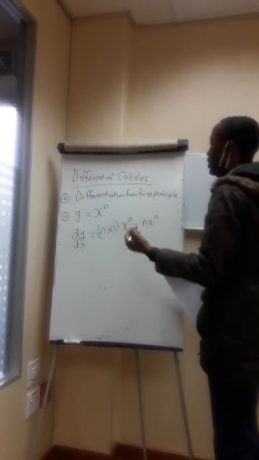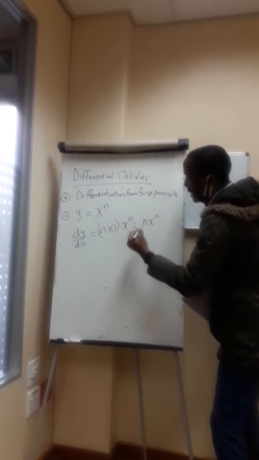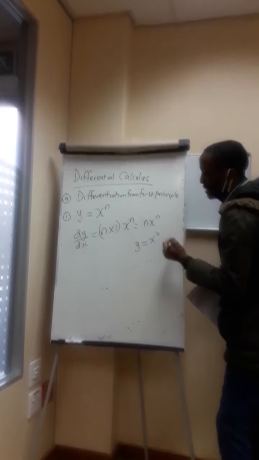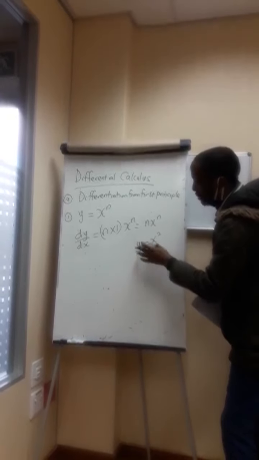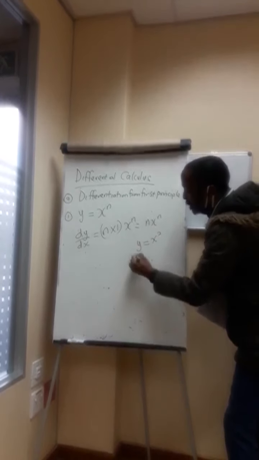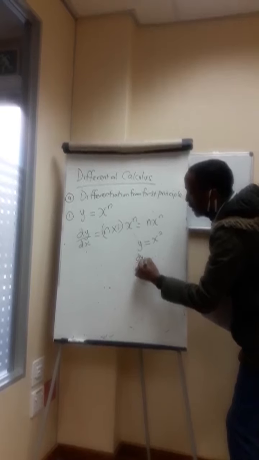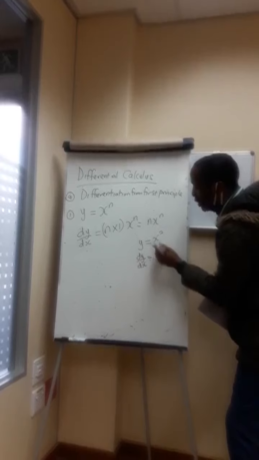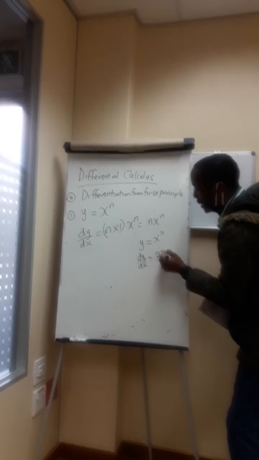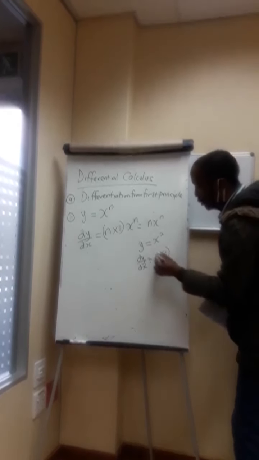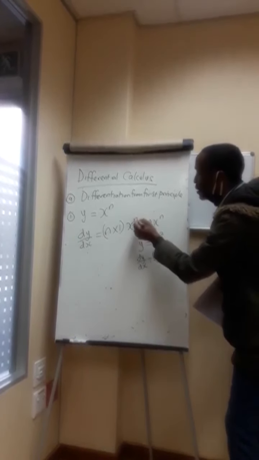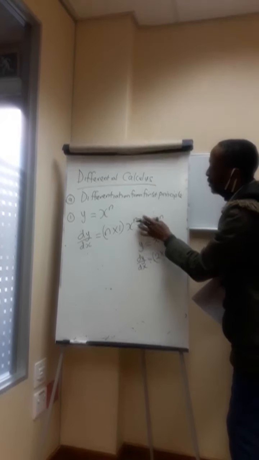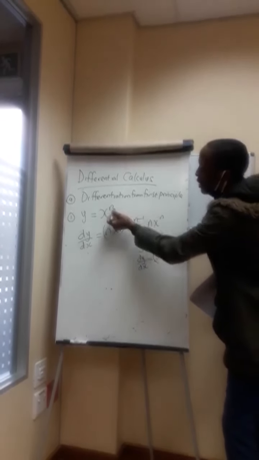So let me give you an example just for you to understand. If the mathematical function had been y equal to x raised to power 2, and we want to differentiate y with respect to x, which is dy/dx, you multiply the power there, which is 2, by the coefficient of x squared, which is 1, then you now multiply that, sorry, this is supposed to be x to the power n minus 1. You subtract 1 from that n. Please let's note that.